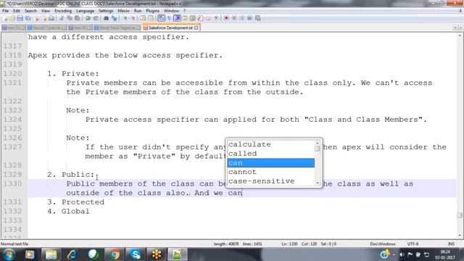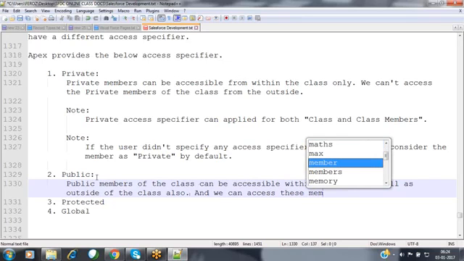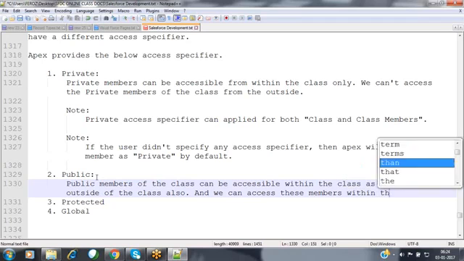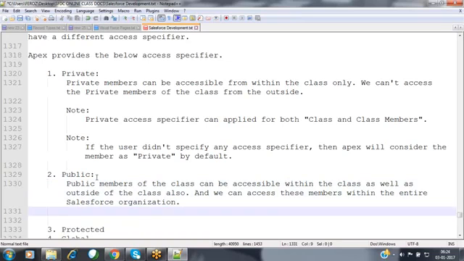And we can access these members within the entire Salesforce organization. Within the entire Salesforce organization, we can access these public members.